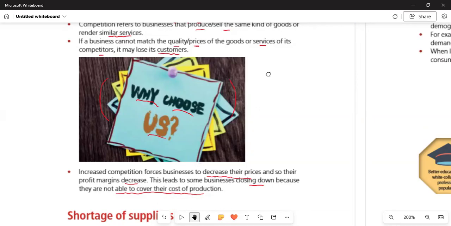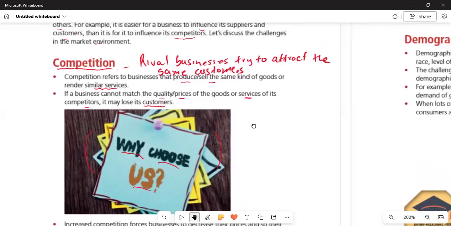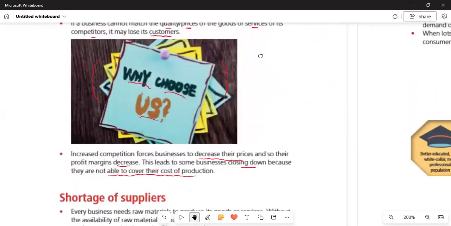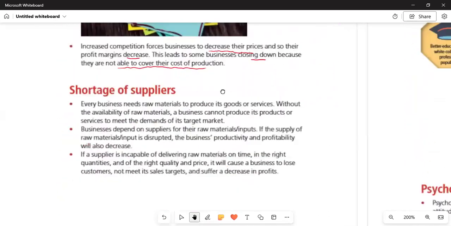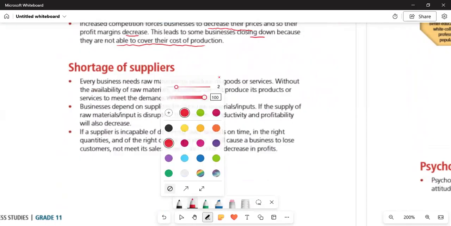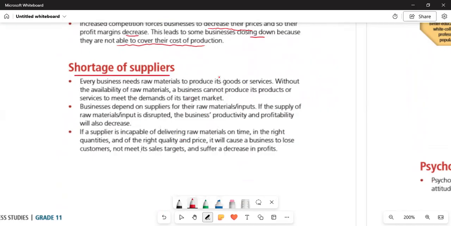challenge in the market environment. Let us go to another challenge, which is shortage of supply. Shortage of suppliers. So with shortage of suppliers, that is when suppliers cannot provide enough materials. So when you talk of shortage of suppliers, it is when